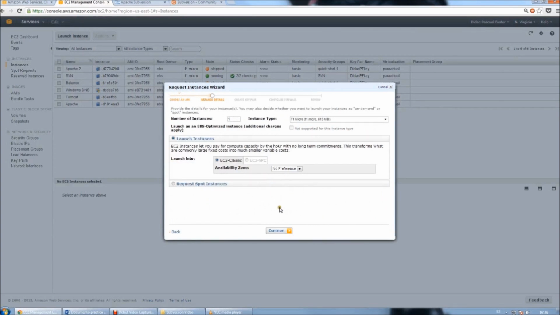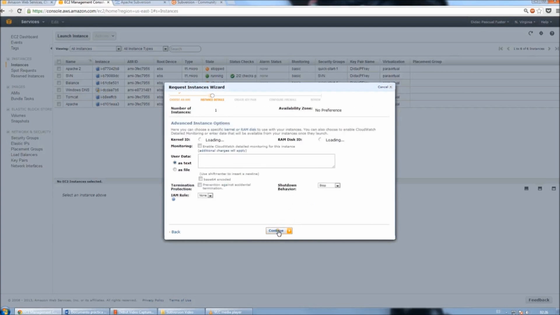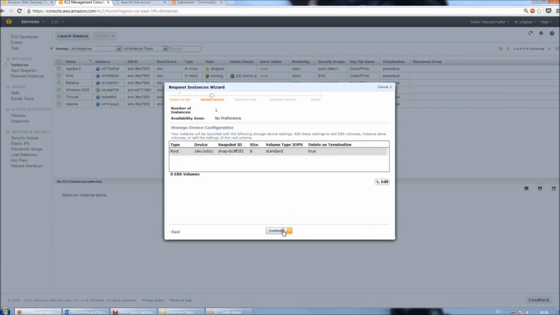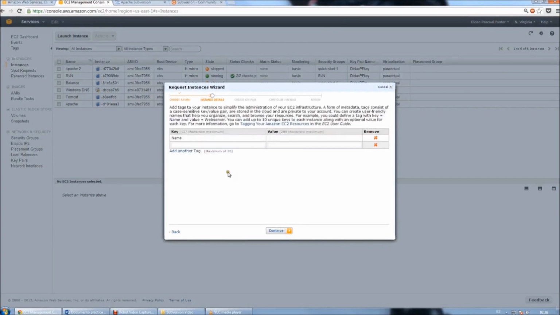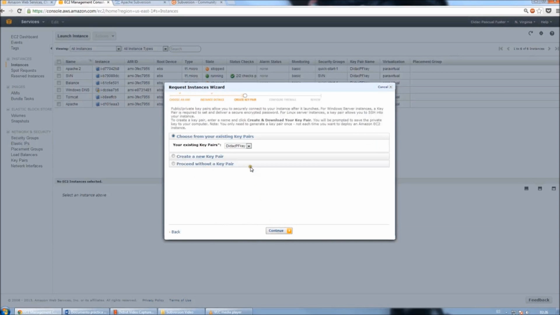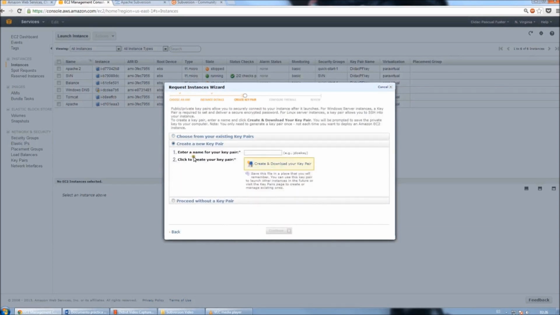Those steps are quite basic and we don't really need to change anything, so let's continue. The same happens here. Continue. One more time. Here you can give key and value pairs. It's not really relevant, but it can help you find your virtual machine when you have a lot in this list. I don't need it for now, so continue. Okay, in this part we should create a new key pair, which, once it is created, is used to connect to our